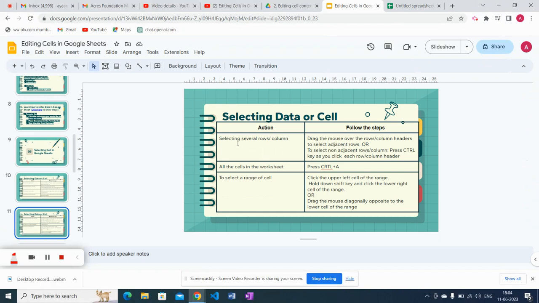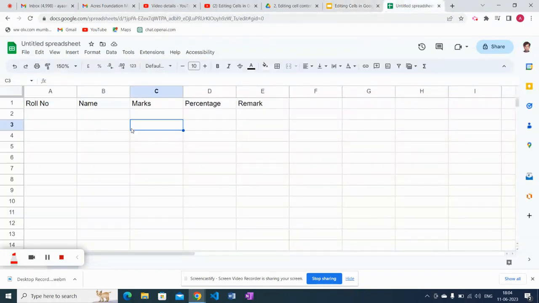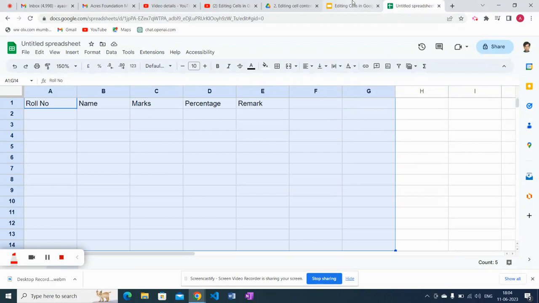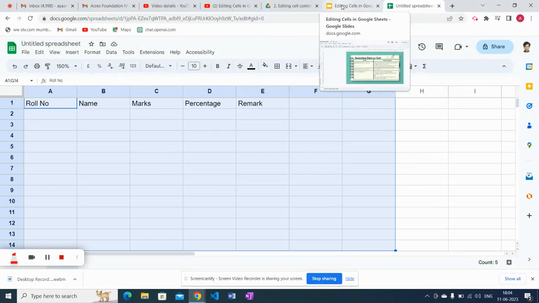Moving. Select several rows or columns. So in order to select several rows or columns, what I require to do, I require just to select the cells. So if I'm selecting the cells, I will be able to select it,